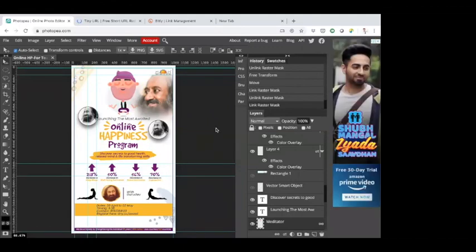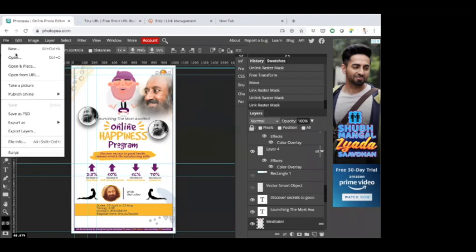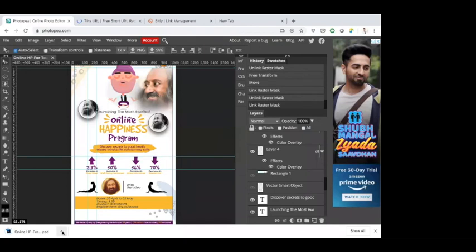And one final question. If I want to close this browser in between, like I have not completed my work and I have to shut it off, can I save it in between and again open it? Yeah, I think there is an option to save as PSD. We have been working on a Photoshop file, so PSD is basically a Photoshop file. You can save it as PSD so that at a later stage you can drag and drop and work on the same again.